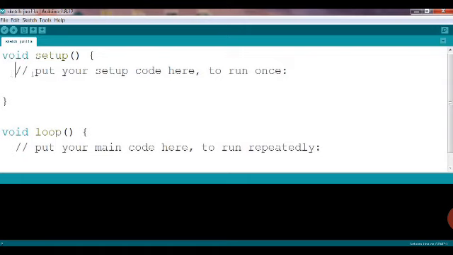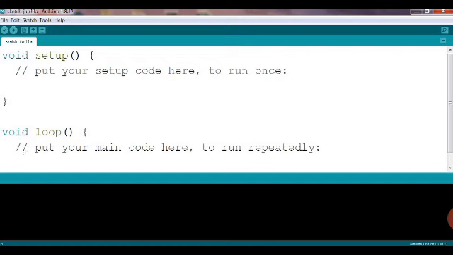So this is the place where we decide which pins of the Arduino we are going to use and for which purpose. Purpose means we understood the pins can be used as input or output. So which pins we are using and whether they will be used as input or output, we decide here. And then we have void loop.